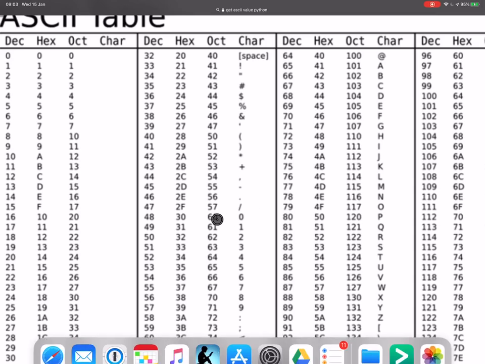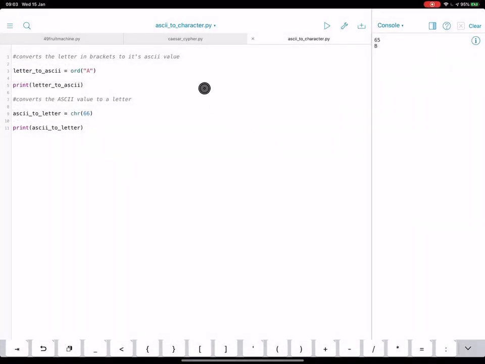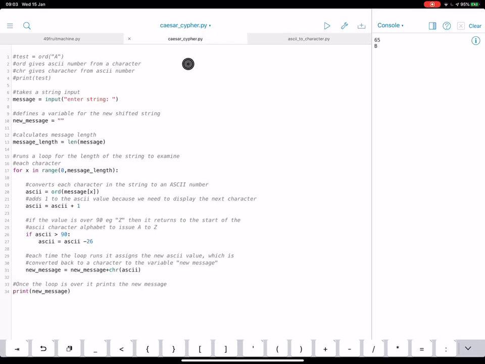Okay, so how can we use this in terms of actually creating a Caesar cipher in Python? Okay, so here is a program which will do that. So up here, I've got the ability to type in a string, so a sentence or a word. And what we're going to do in this case, we're going to shift each letter 1 to the right. So in other words, A becomes B, B becomes C, and so on. Okay, so we type in our string, and I've made a new variable, and this is going to be our message that comes out at the end. This is going to be our encrypted message.